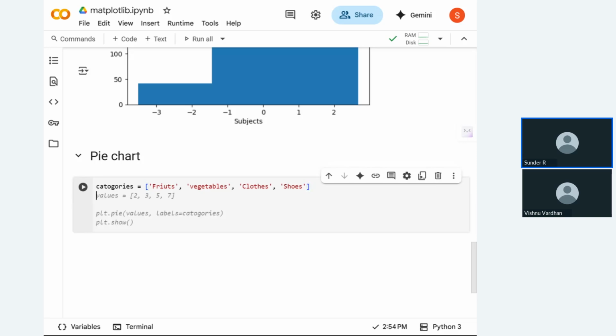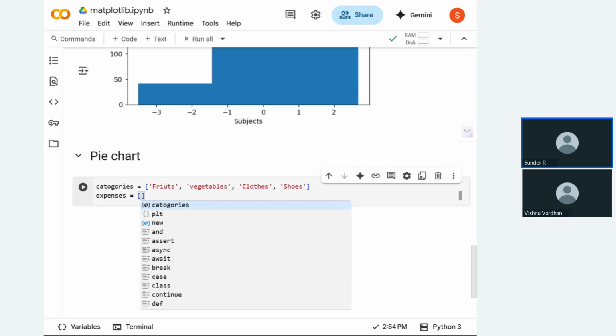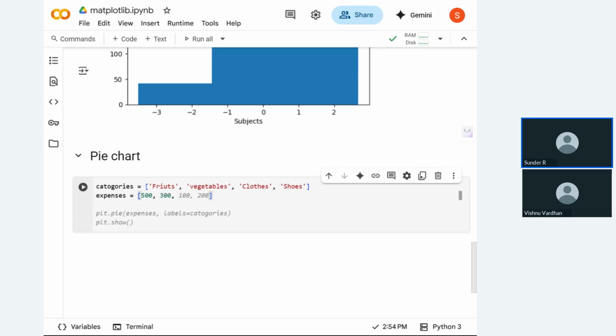Okay, in this, if I want to find out how much amount I have spent in the groceries, I'm going to give it as expenses. Okay, in these expenses, I'm going to mention the values. So for fruits, I would have given 500. And for vegetables, close to 300 I can consider, and for clothes I might have given 1000, and for shoes as well I would have given like 700. Okay, now I want to know how much of my income I have spent in each of these categories. Then I will be going with this